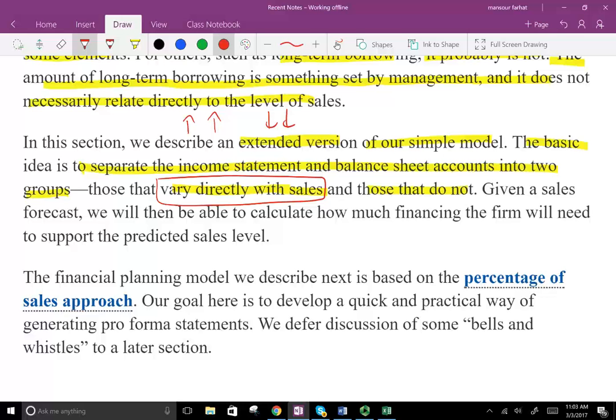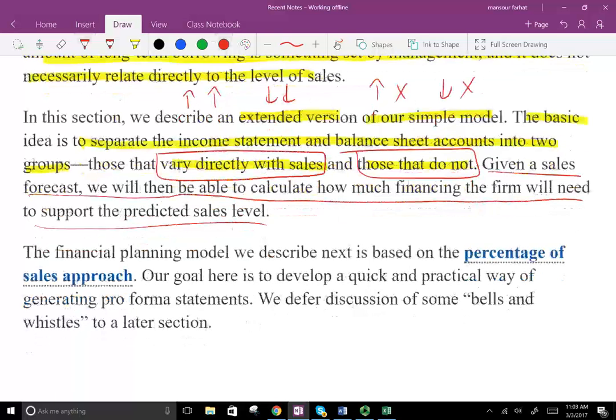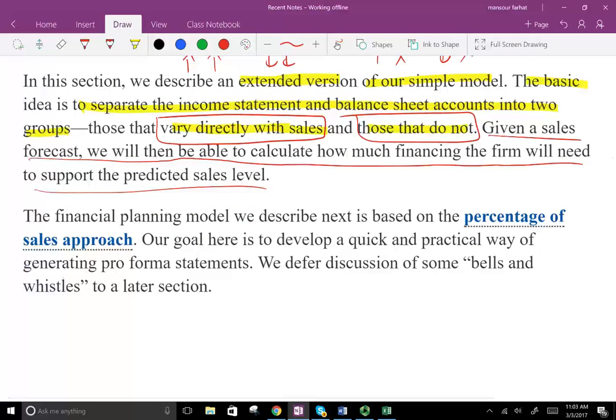Then we're going to look at accounts that do not change. So if sales goes up, no change. If sales goes down, no change. They're not related to sales. So given a sales forecast, we will be able to calculate how much financing the firm will need to support the predicted sales level. So we're going to look at the example to find out what our needed funds are